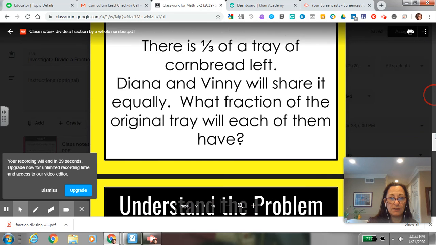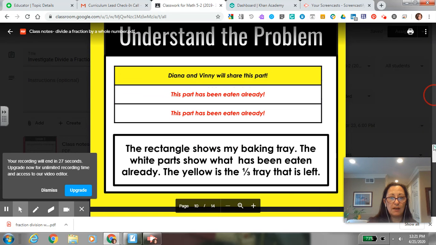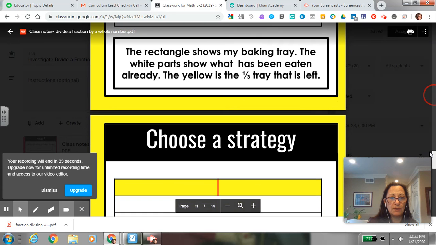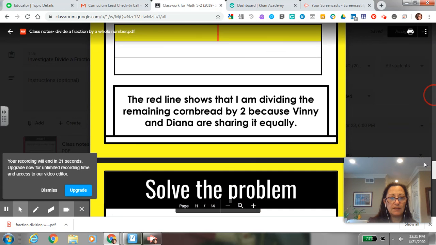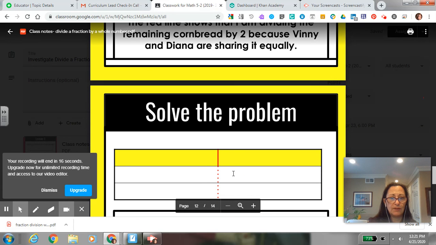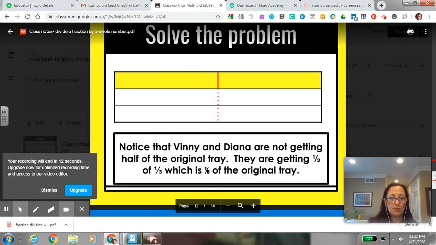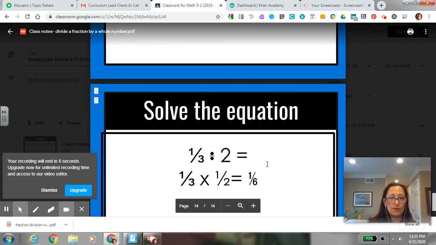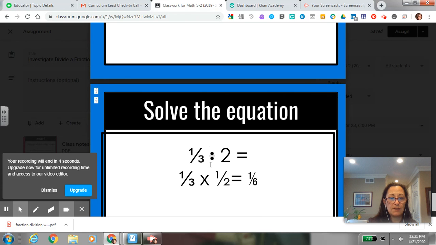And here we had 1/3 of the tray, and we're going to divide it in 2. So it's 1/2 of 1/3. Okay, so they didn't get 1/2 of the whole cornbread, they got 1/2 of 1/3, which is also 1/6 of the original tray. And remember, you are using the reciprocal of the divisor. So the dividend stays the